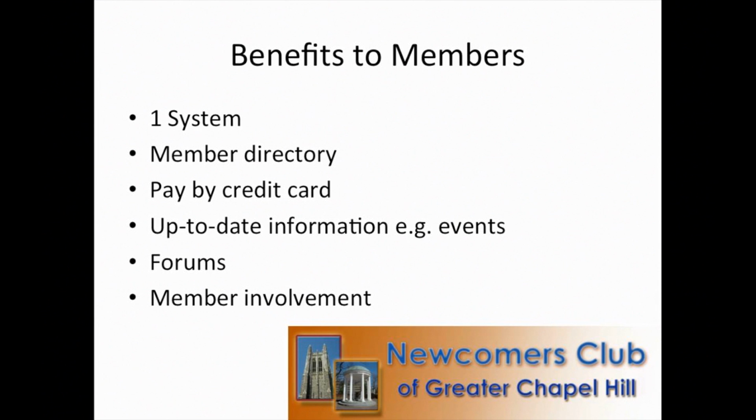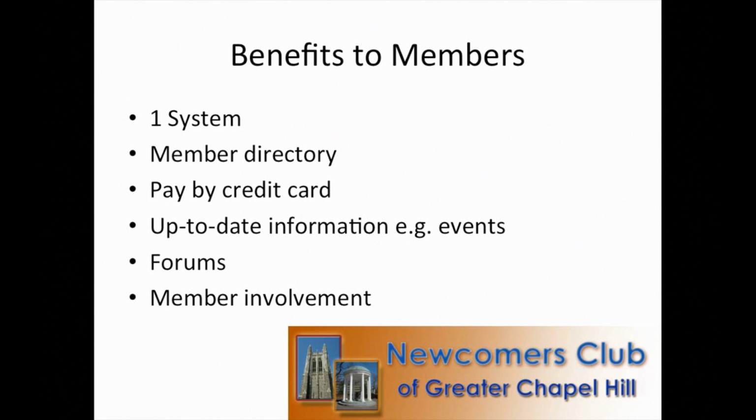It's real-time information. There are these things called forums. I hate saying it because I'm trained in the classic Latin. I want to say fora, but the system calls it forums. It allows us all to share stuff, and I'll show you a little bit about that. So a restaurant that you go to that you like, or something you learn about the area, or if you want to generate a new discussion group for yourselves, you can do that.